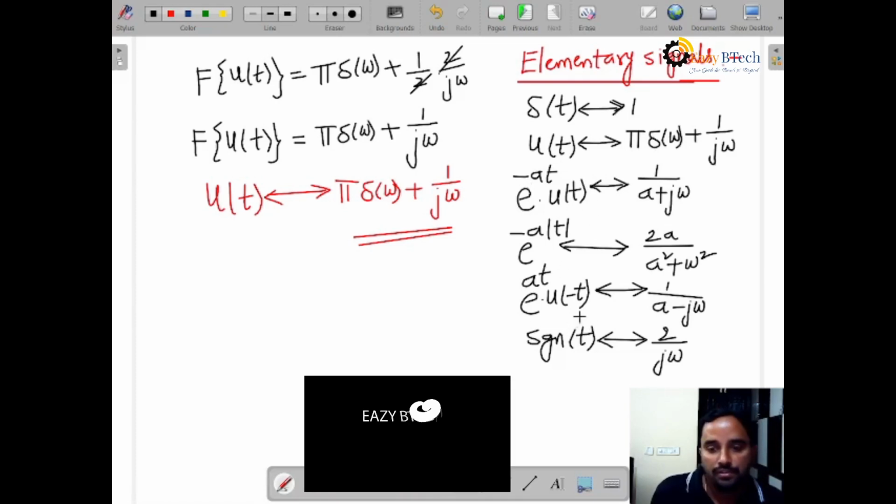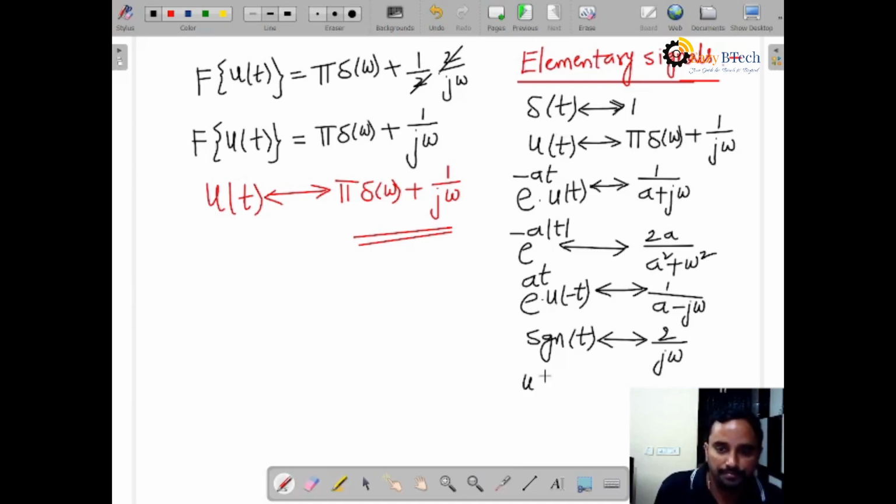So we can do the Fourier transform of u of minus t. What is the answer? u of minus t is the folding, or time reversal, of u of t. Here we have the u of t Fourier transform. Now, what is the Fourier transform of u of minus t? So how to do it: